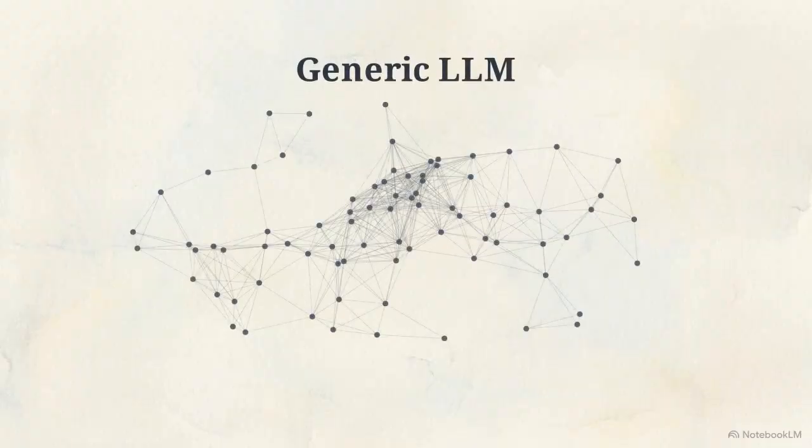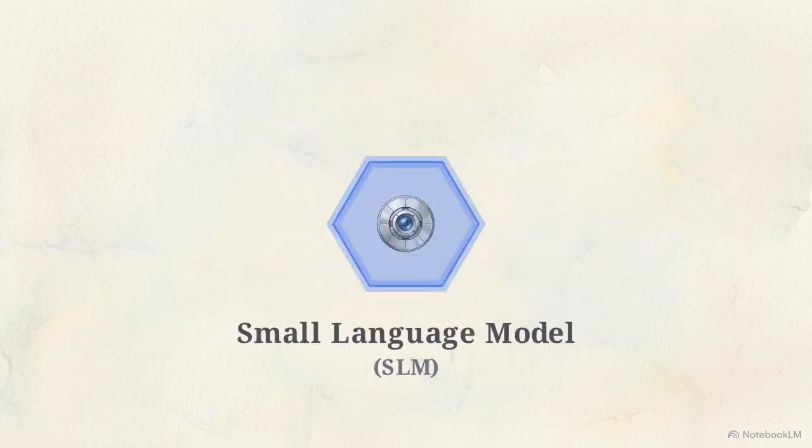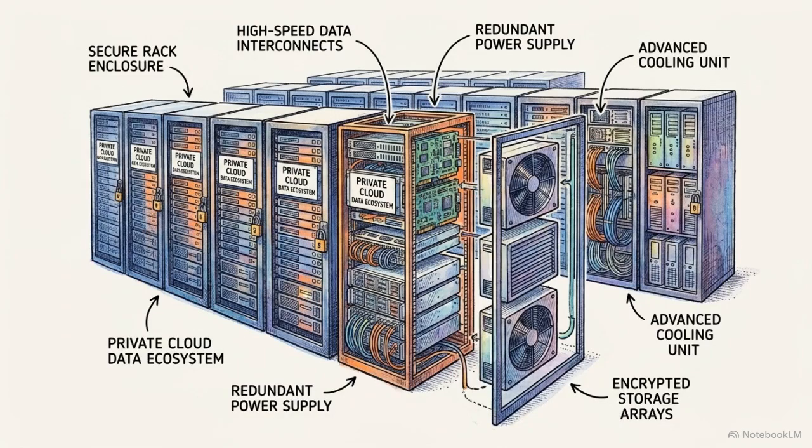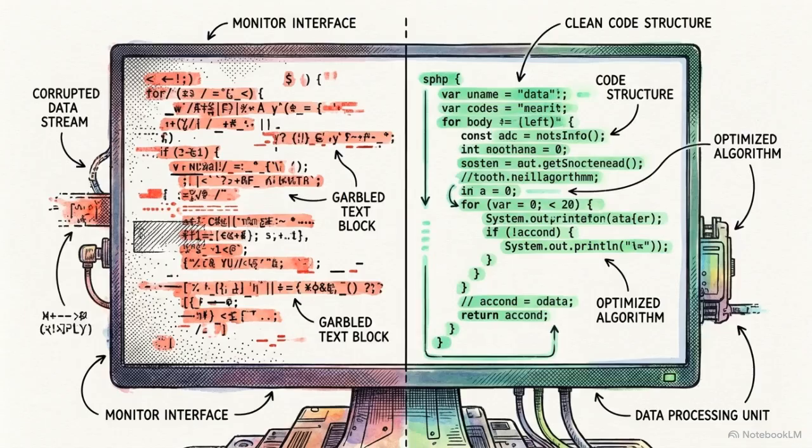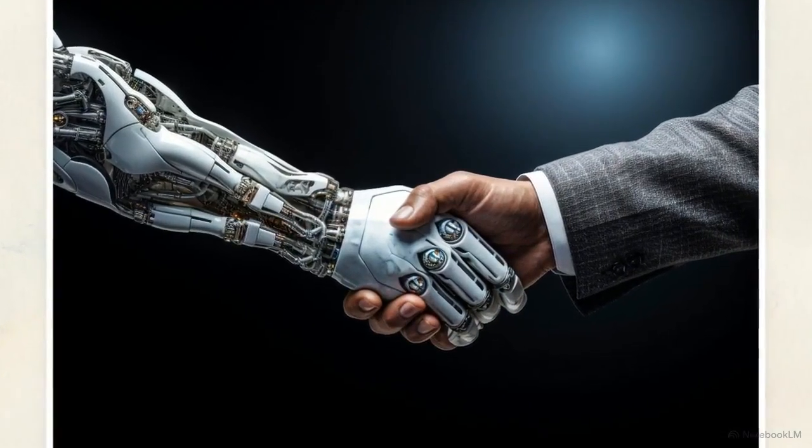High-stakes industries are increasingly moving away from massive, generic models in favor of small language models. These smaller systems operate securely within highly curated data ecosystems, where accuracy is easier to verify. Ultimately, the quality of an artificial intelligence is bound to the hygiene of the information we provide and the human partnership that oversees its performance.